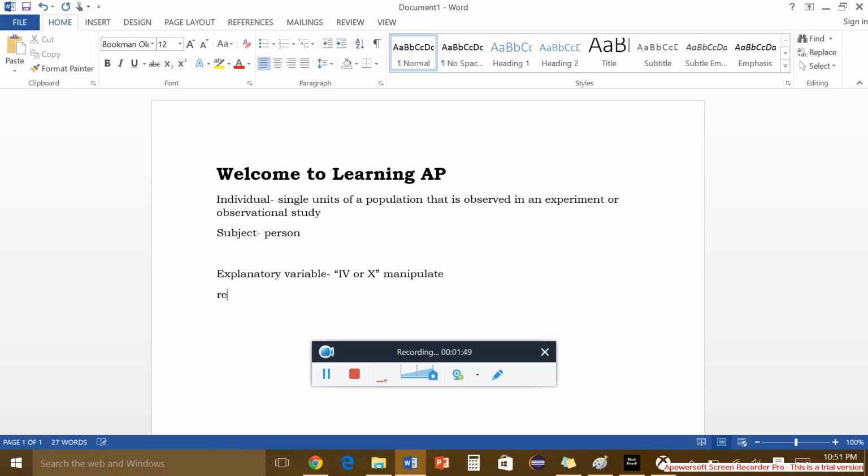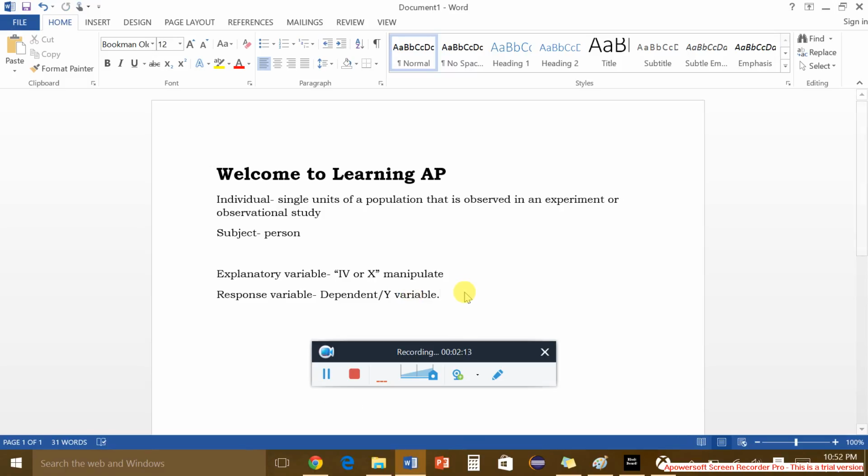Now, the exact opposite of this is called the response variable. The response variable is known as the dependent or the Y variable. Excuse my spelling. Okay, and the dependent variable, it measures, that's the difference, it measures the observed outcome of an observational study or